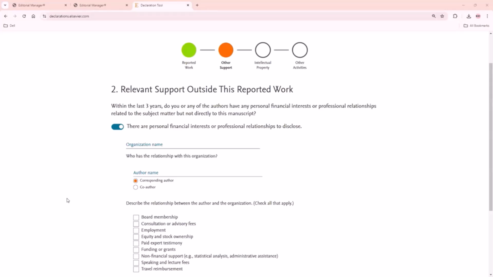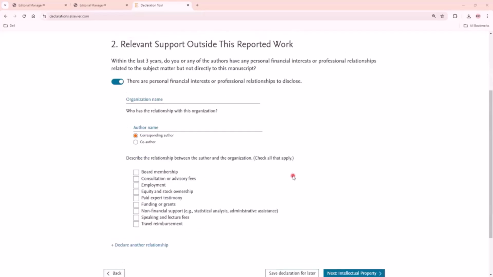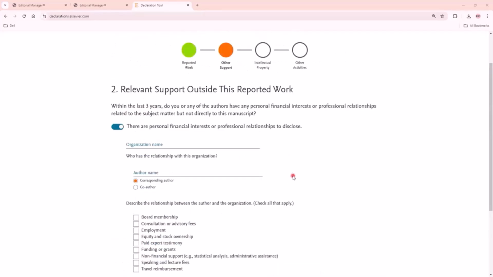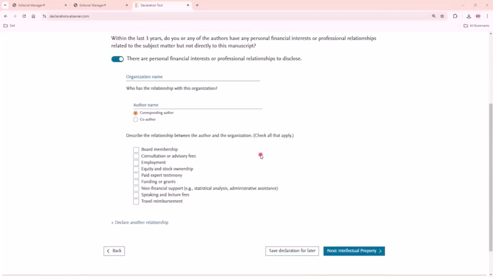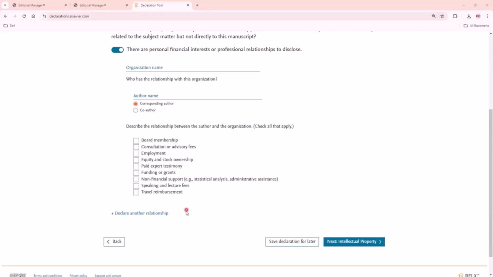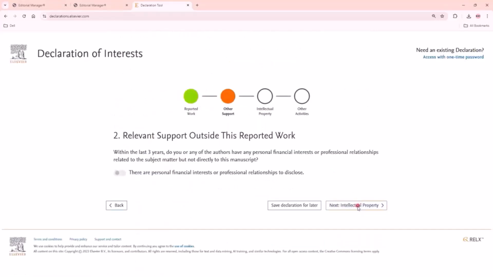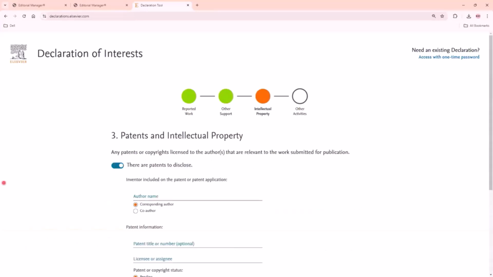The time frame for the other support is within the last 3 years. If you don't have any information here, you can toggle off, but if you have multiple declarations to make, you can use the declare another relationship option here. Now I'm going to toggle this off and move to the next step, which is intellectual property.